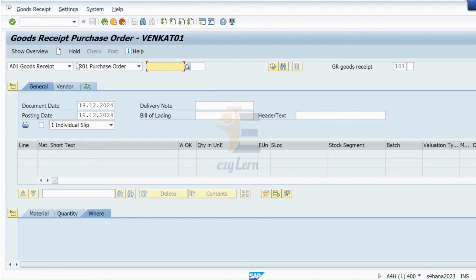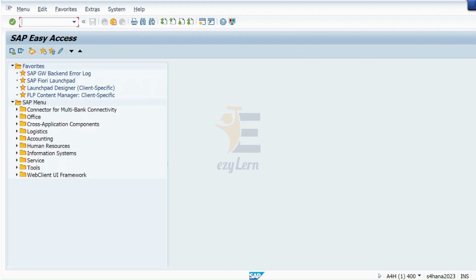But every time I have to do it in steps: first I use a T code, then /n, then again a T code for whatever transaction I want to perform.